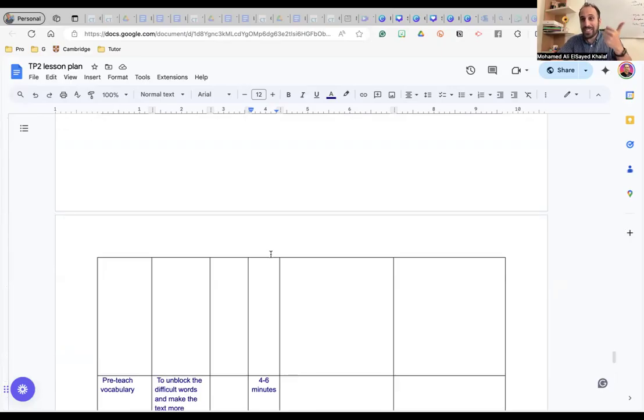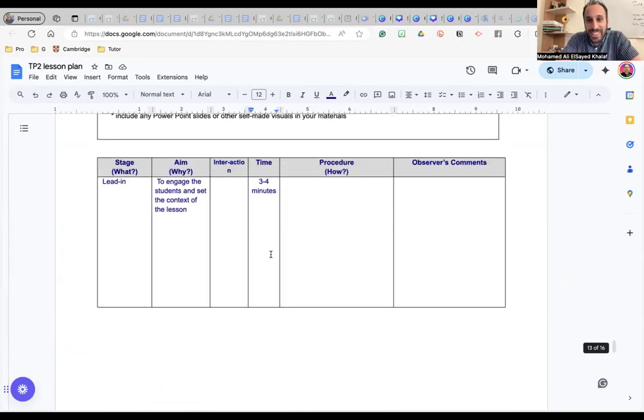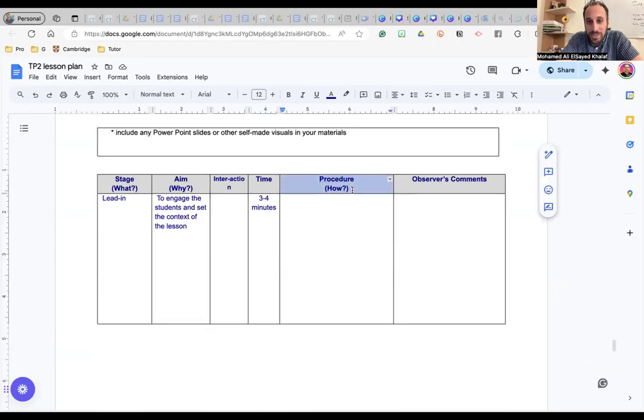Now I have the stages, the stage aims, and the time for each stage. How? The procedure. I think we provided you with a lesson plan example. You just describe how you're going to achieve the aim. Like you give me the steps 1, 2, 3, 4, 5. And if you're not sure, you can go back to the lesson plan examples. You will see how we write the procedure, which answers the question how you're achieving the stage aim.